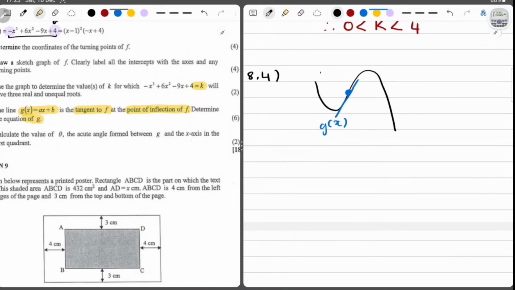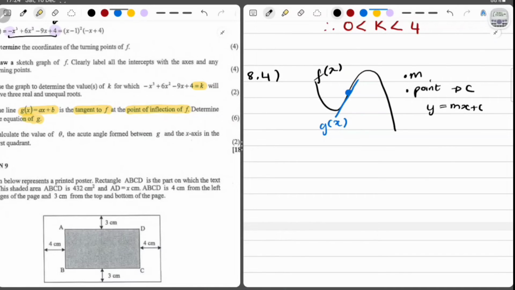Well, we have the equation of f, which is great. And they told us that this is a tangent to this at the point of inflection. This tangent is a straight line. In order to find the equation of a straight line, you just need the gradient of the straight line, right? And you just need at least 1 point so that you can go ahead and use that to find c, or the y-intercept, in y is equal to mx plus c. So how would we find the gradient of the straight line? Well, unfortunately, you don't have 2 points that you can use to find the gradient. So we're not going to find the gradient using the traditional method,